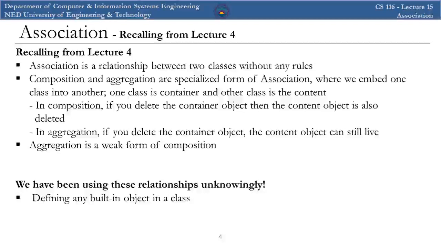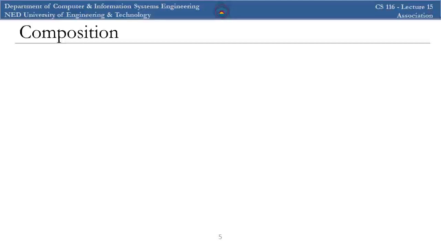So what's new in today's lecture? We'll see these relationships from an implementation point of view, like how you can classify these definitions or embedding of one class into another as aggregation, composition, or a simple association. We'll see examples for this, and we'll see what happens at the back end when you try to define such relationships. Okay, I'll explain this backwards. First, I'll give you an example for composition, then I'll move on to aggregation,